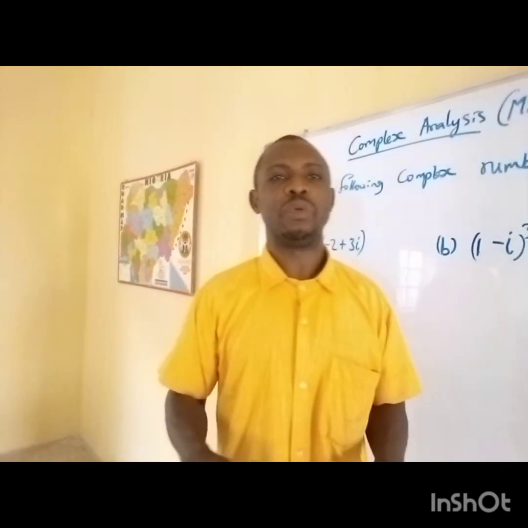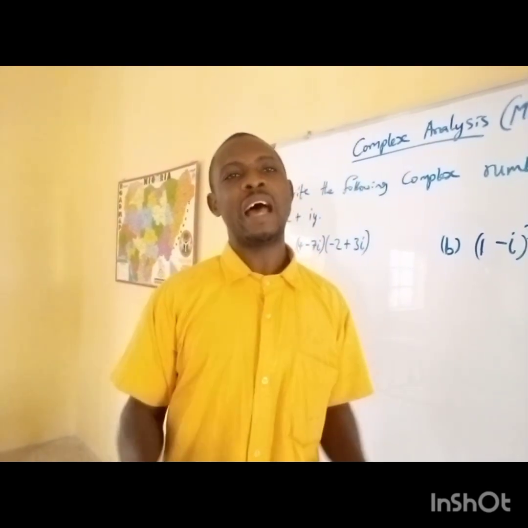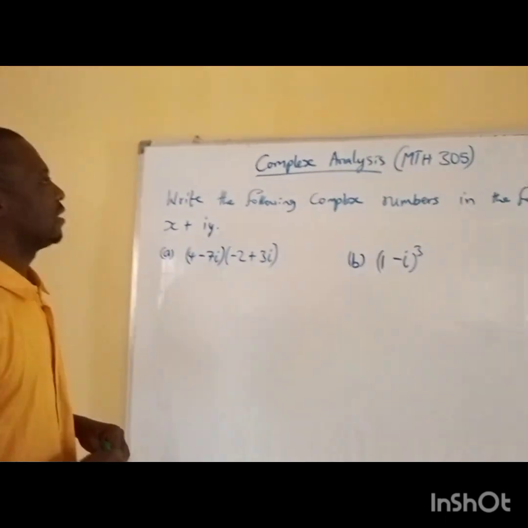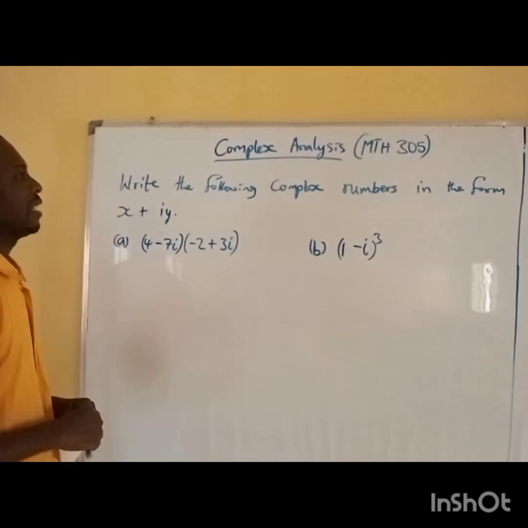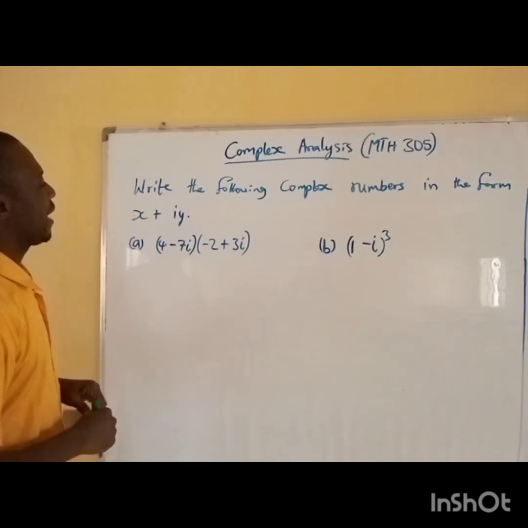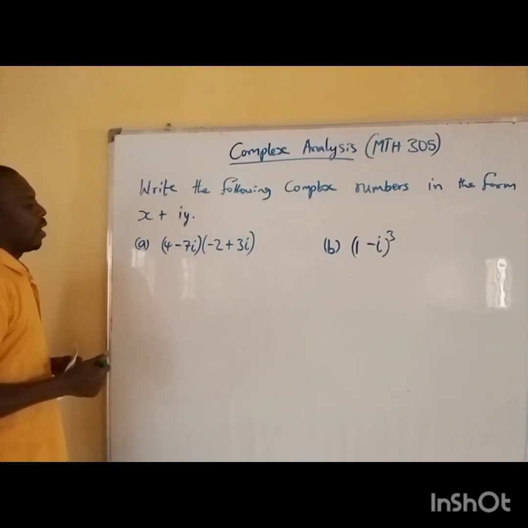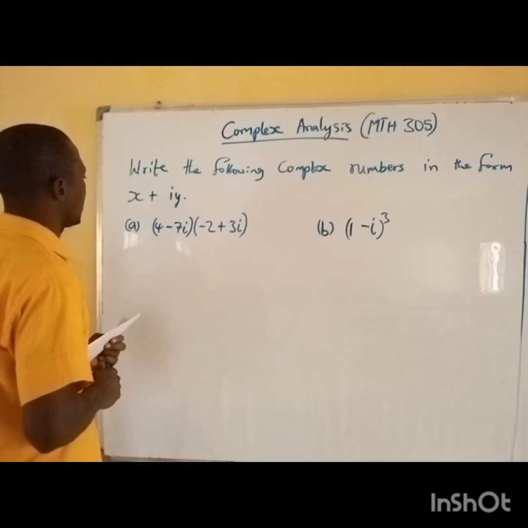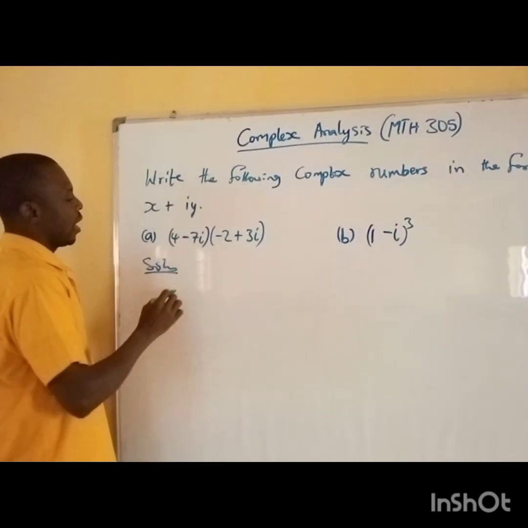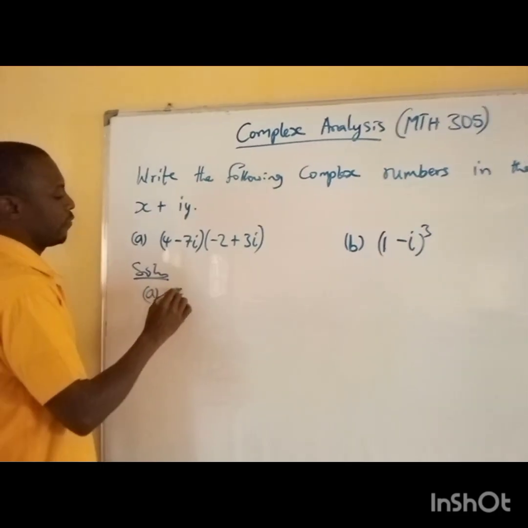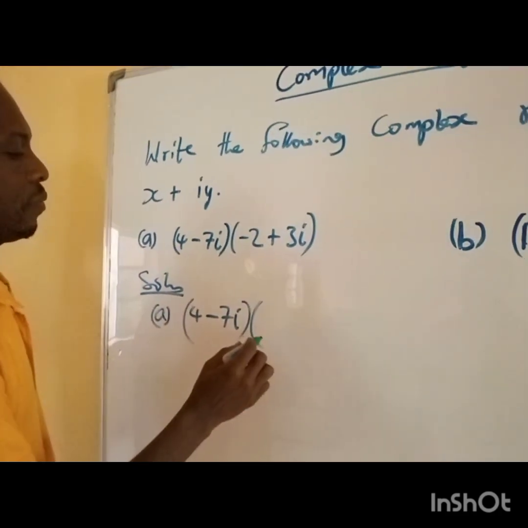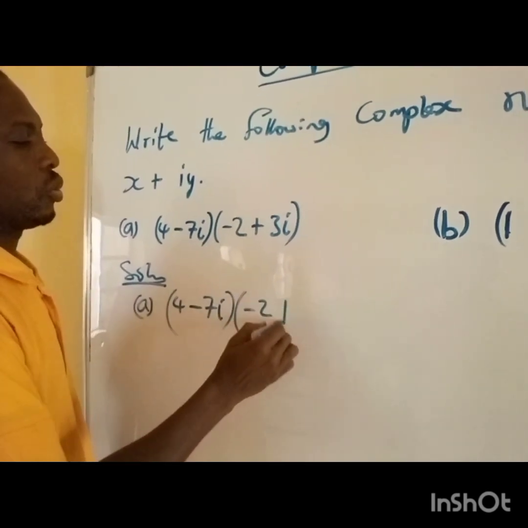In this episode, we'll be looking at complex analysis. And we are asked to write the following complex numbers in the form of x plus iy. The first question here is A. And A says 4 minus 7i and 2 plus